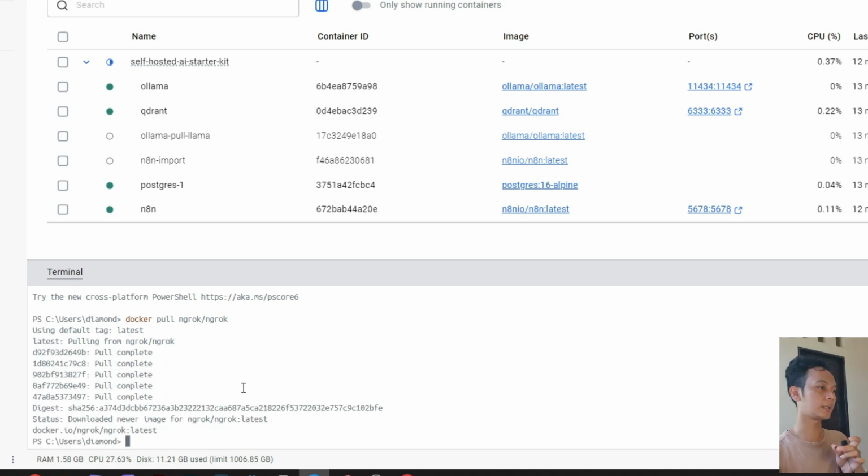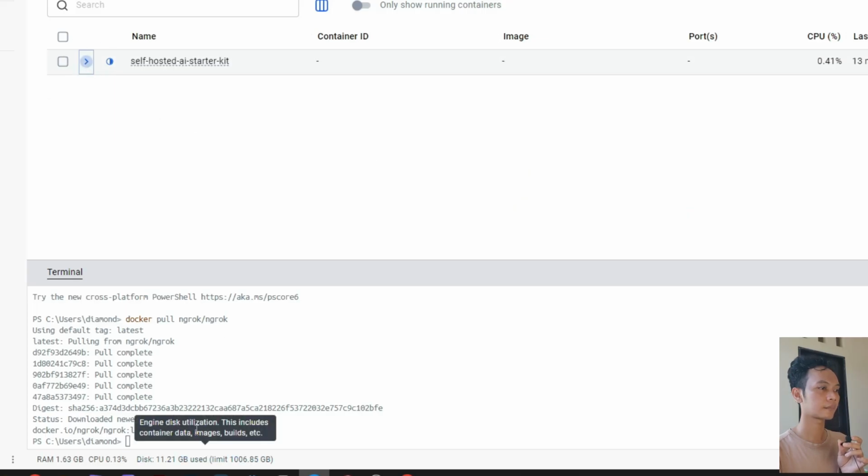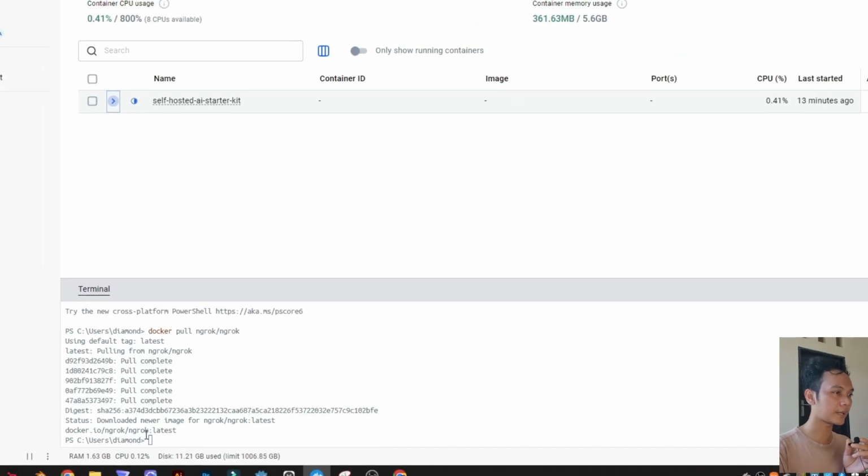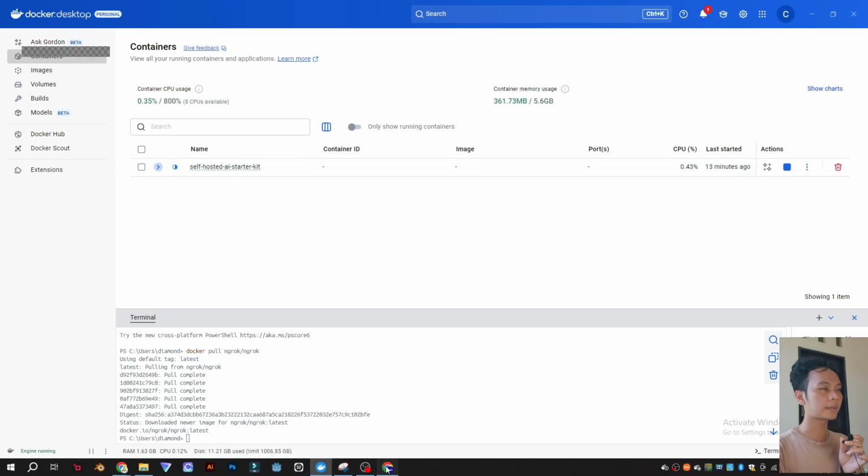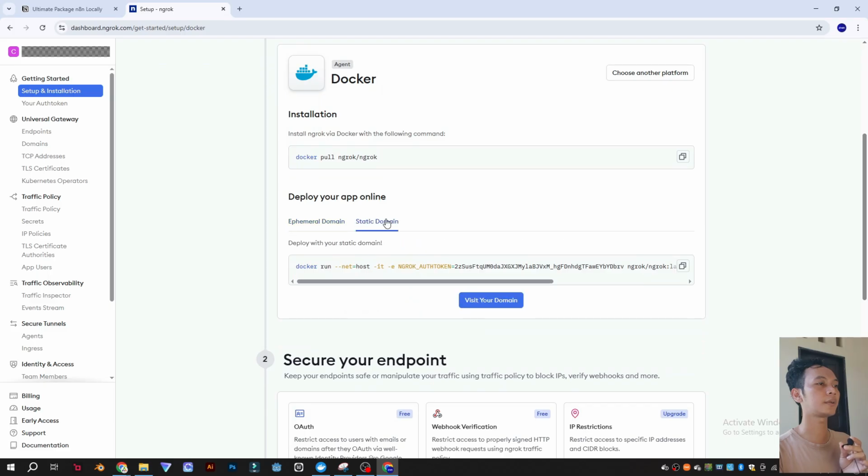So let it pull the data from the internet. After it finishes, you can go back to your static domain and claim your static domain.